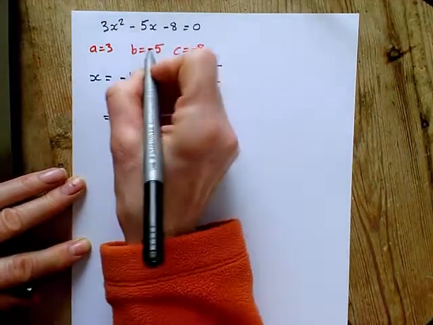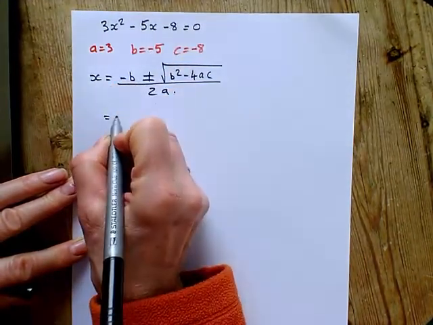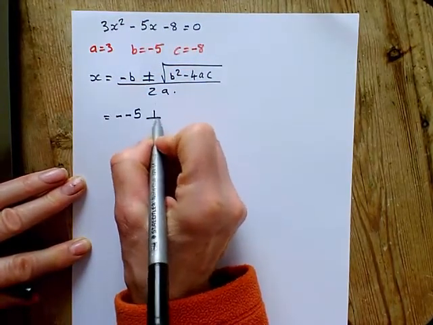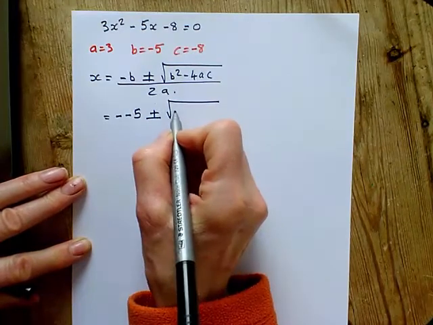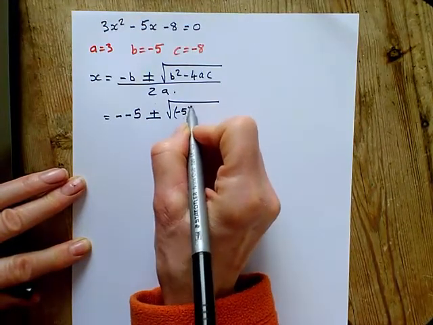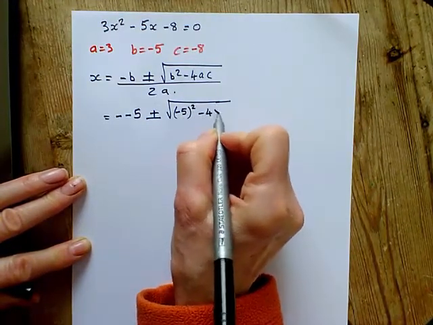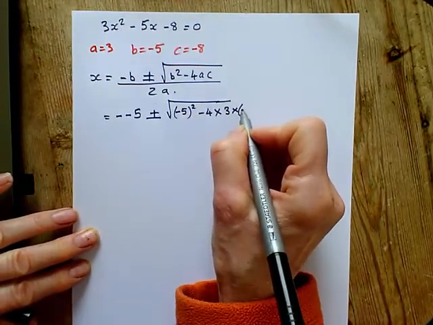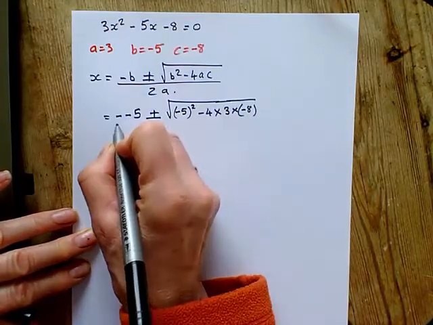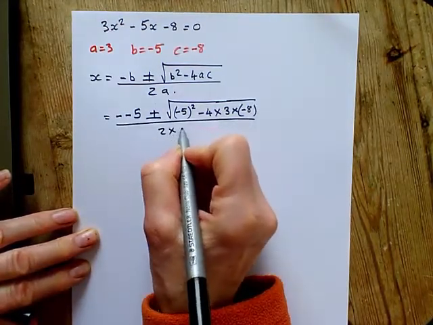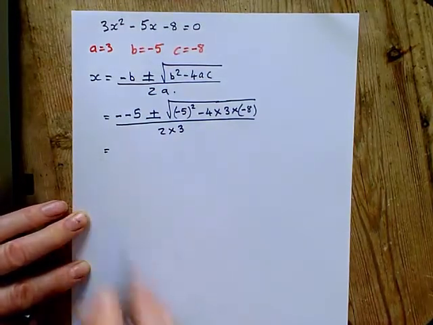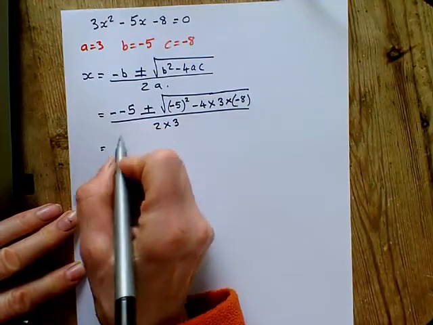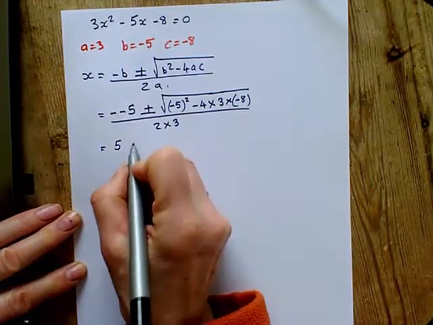So minus B. B is minus already, so we have to be careful. That's going to become a positive. Plus or minus the square root of B squared, which is minus 5 squared, minus 4 times the value of A, which is 3, times the value of C, which is minus 8, all over 2 times A, which is 3. So we'll just tidy it up a little bit, and then we'll just slap it into a calculator. So minus 5 is plus 5, plus